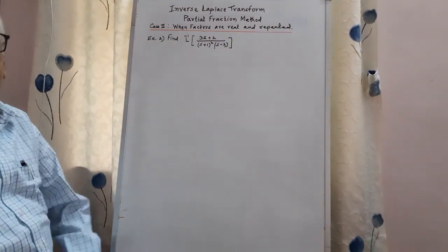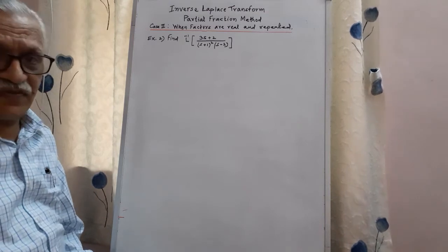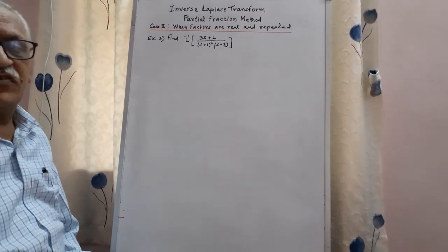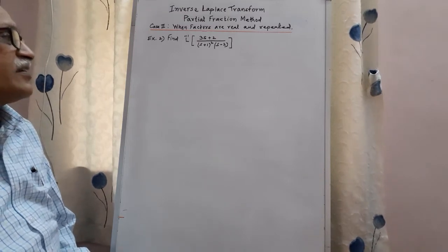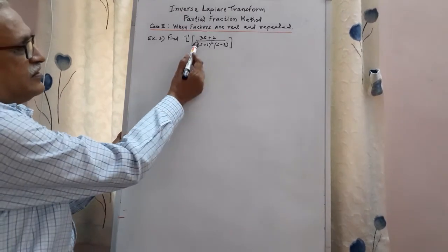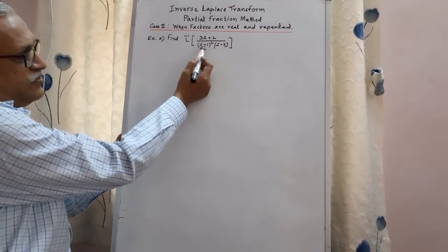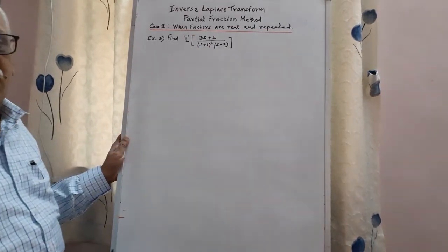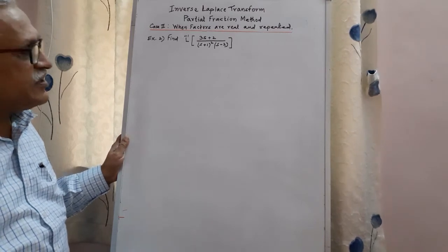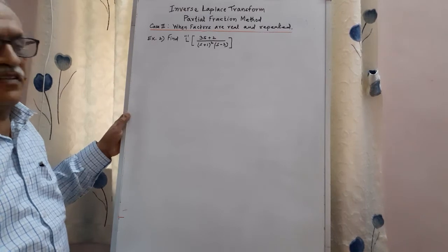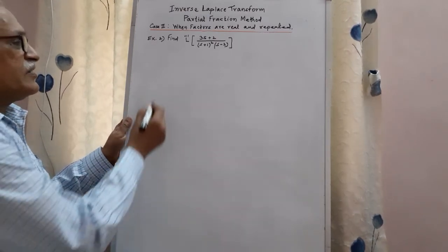Therefore, nowhere is it mentioned that we have to apply the partial fraction technique. By observing the term, we have to decide whether we can apply that technique or not. The check is: here the degree of the numerator is 1 and the degree of the denominator is 2 plus 1, that is 3. 1 is less than 3, which means it is a proper fraction, and as it is a proper fraction, we can use partial fractions.